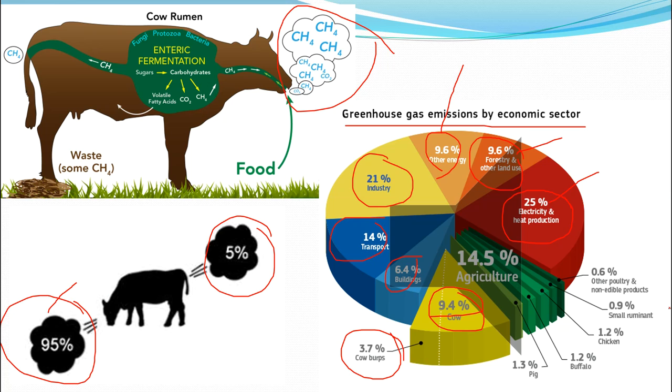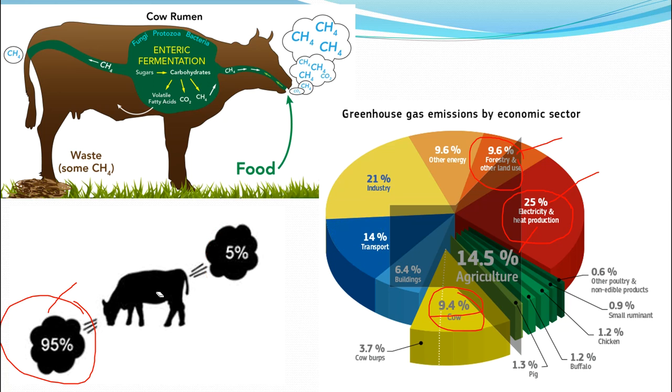So 0.6% is poultry, small ruminant 0.9%, chicken, 1.2% buffalo, 1.3% is from pig, and 9.4% is from cow. Then 3.7% is from cow buffalo. So totally contributing to the 14.5%. So when compared to industry, then transport, then electricity and heat production, it is very little. At the same time, very much useful to the farmers. Hence, one need not have any problems like the greenhouse effect, especially as far as ruminants